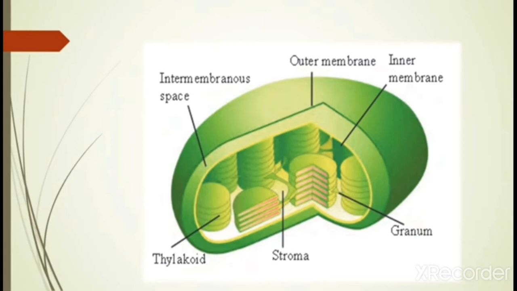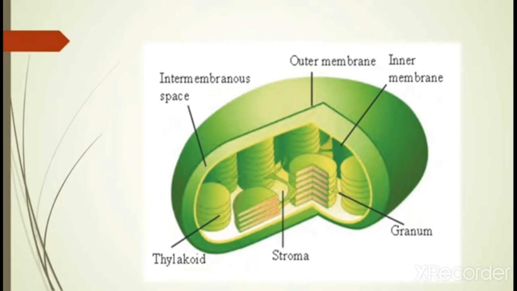The stroma contains very important DNA, ribosomes, carbohydrates and enzymes which are very much important for photosynthesis. So this entire structure of the chloroplast helps in converting solar energy into chemical energy or food. So chloroplast helps in photosynthesis, chromoplast gives color, and leucoplast has the capacity of storing food like proteins, starch, oil, etc. And all of these come under plastids. So chloroplast, chromoplast and leucoplast all come under plastids.